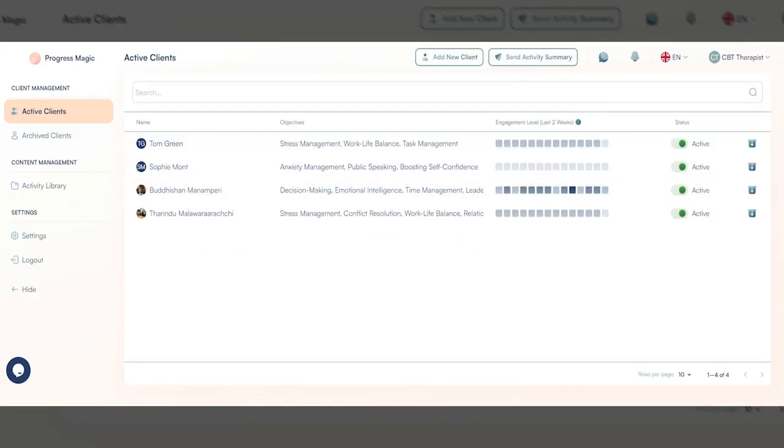This engagement level graph here is the starting point of insights provided by Progress Magic about your client. Active engagement with the exercises given by the mental health therapist is paramount for the client to achieve progress in their mental health journey. This graph here shows how well the client has completed the assigned activities for the past